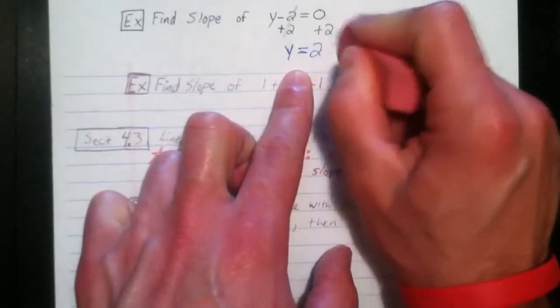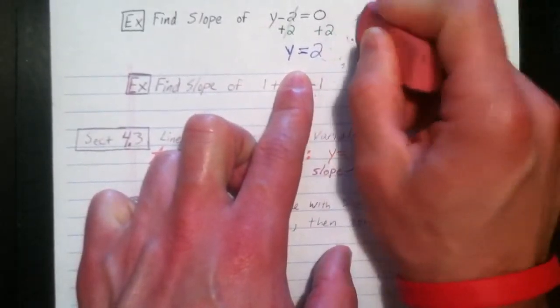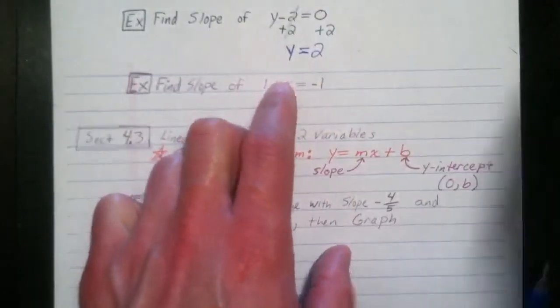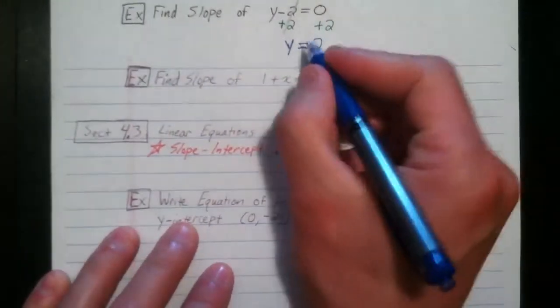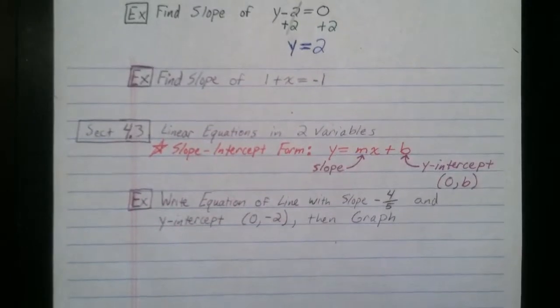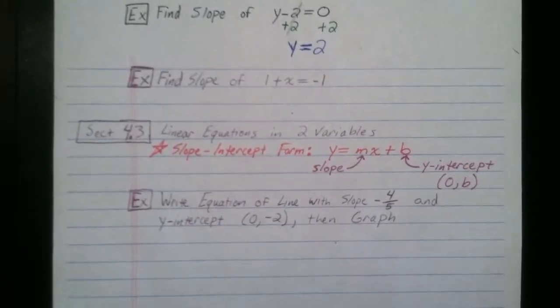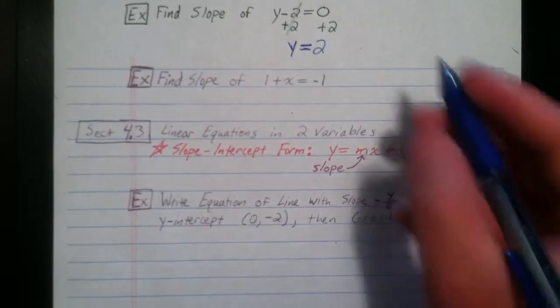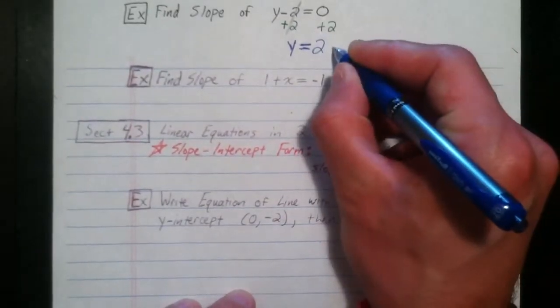However, if you remember back to what kind of line y equals 2 would be, remember a line that is of the form y equals a number is only going to cross the y-axis, which means it is going to be a horizontal line. So, because this is going to be a horizontal line,